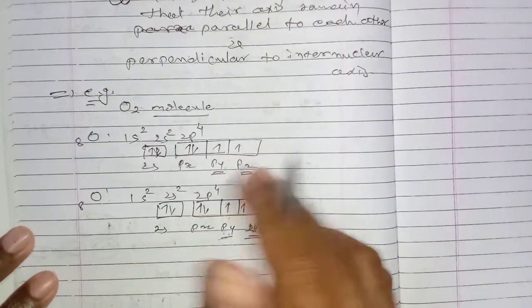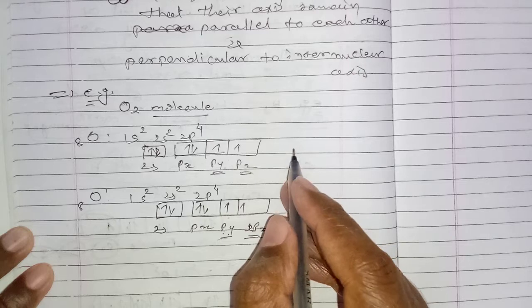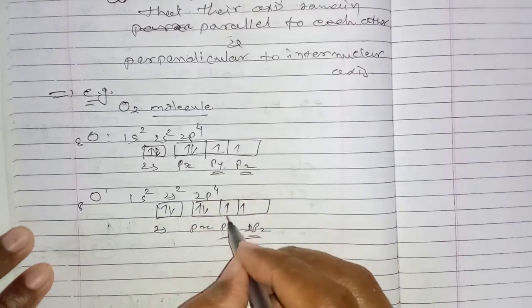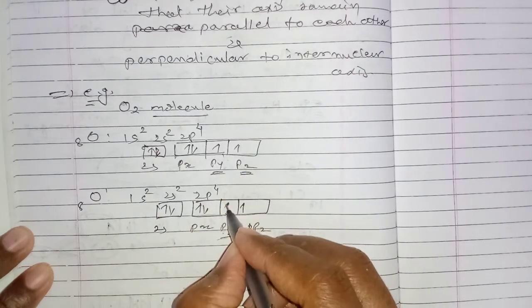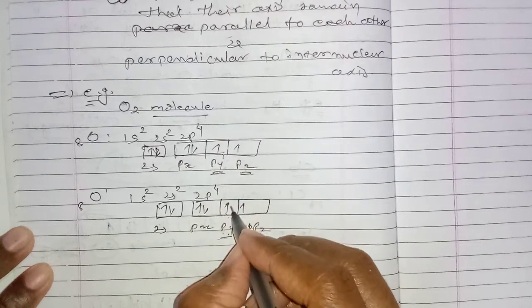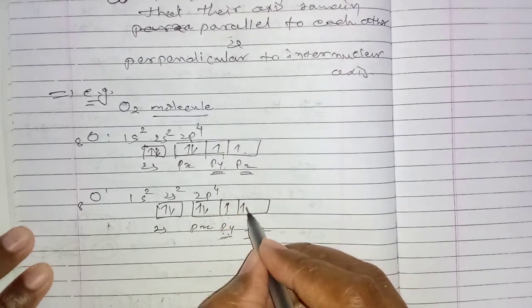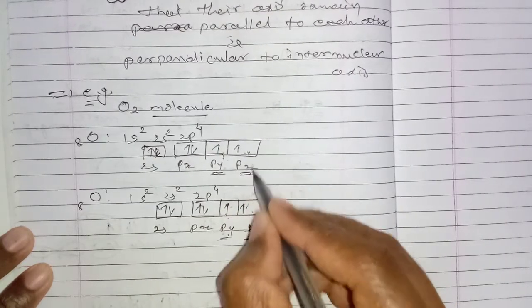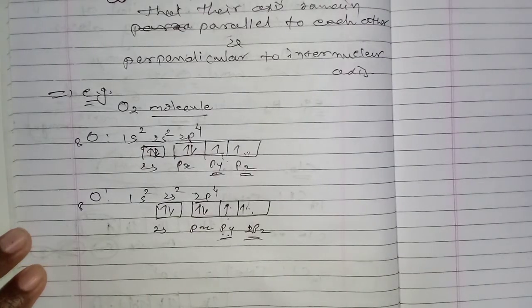So here in this case, the py and py orbitals are overlapping each other, and the pz and pz orbitals are overlapping each other. Okay,